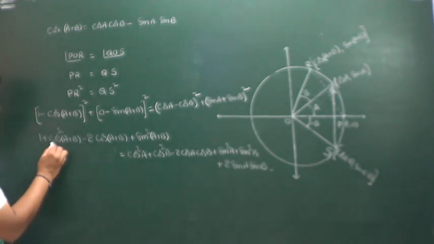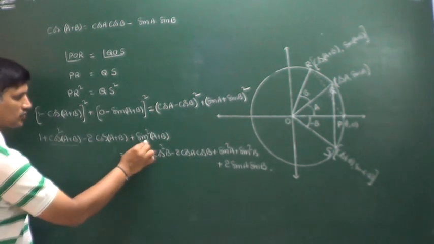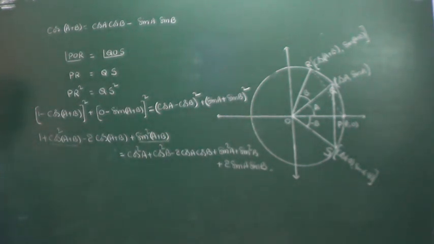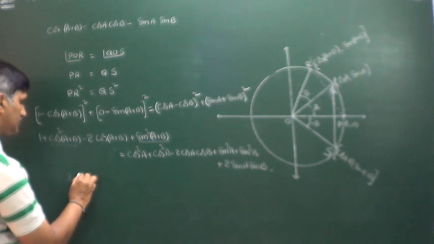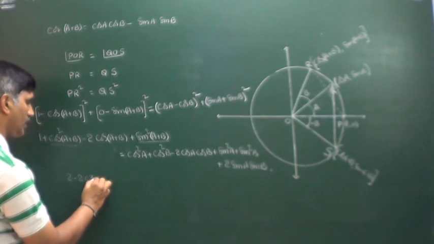Now you can observe cos square theta plus sin square theta becomes 1. 1 plus 1 we are getting 2. That's why 2 minus 2 times cos of A plus B,